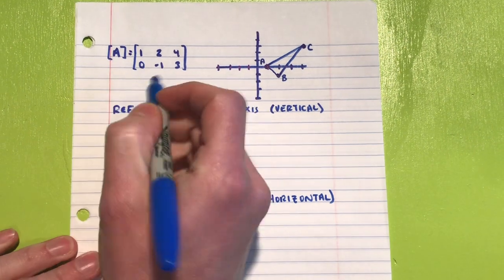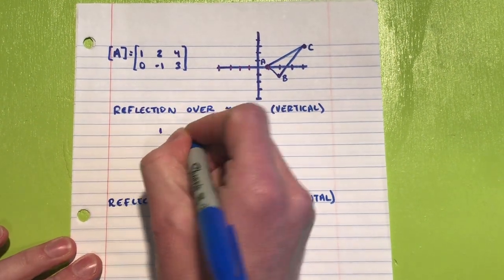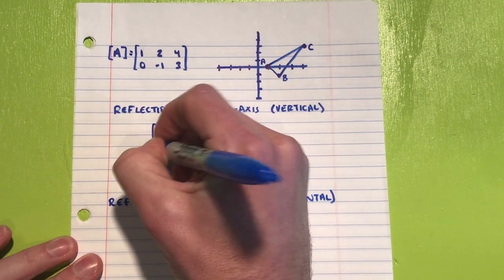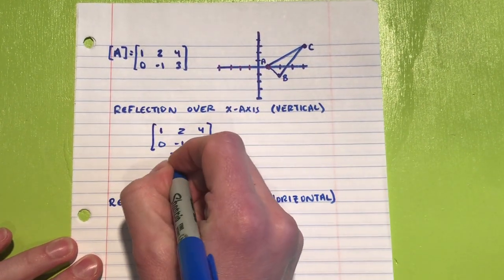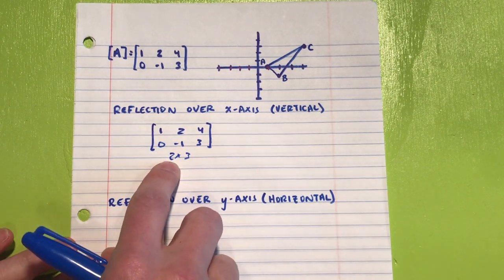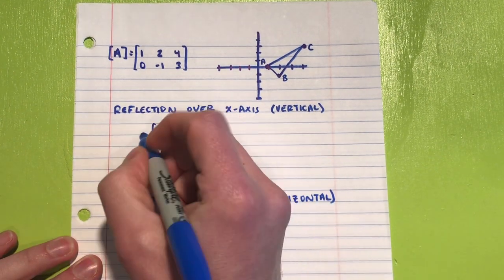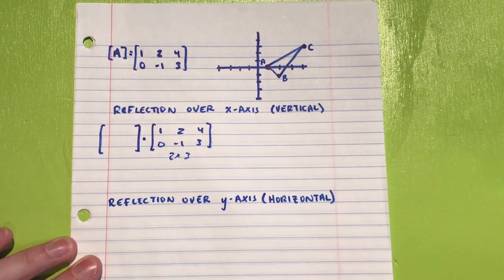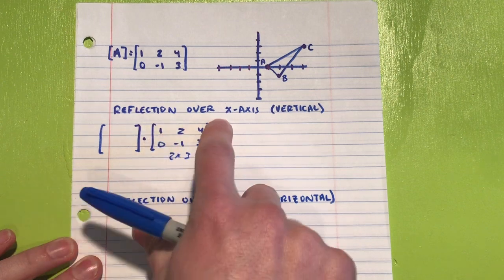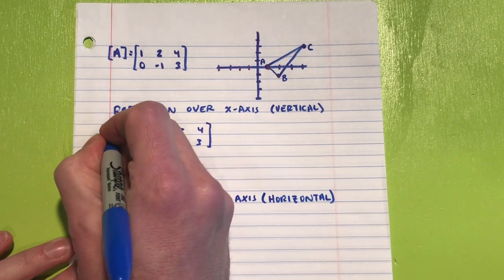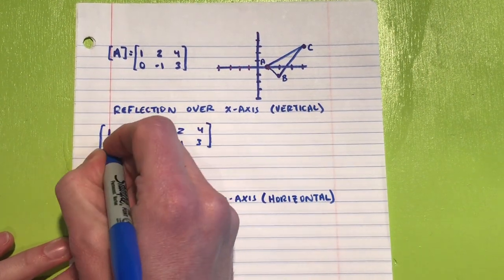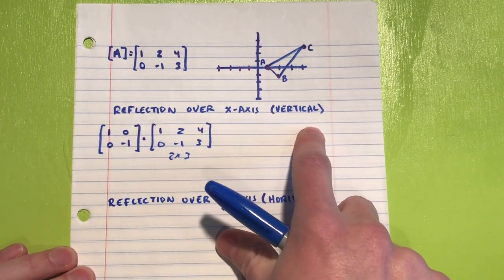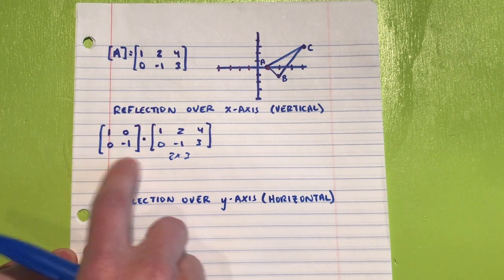Now we have a 2 by 3. So we'll need to be multiplying by something that has 2 columns. I'm going to multiply on the left to get things to line up. Since we are reflecting over the x-axis, we're keeping the x value the same, and we're negating the y value. So our reflection matrix over the x-axis, a vertical reflection, is going to be 1, 0, 0,